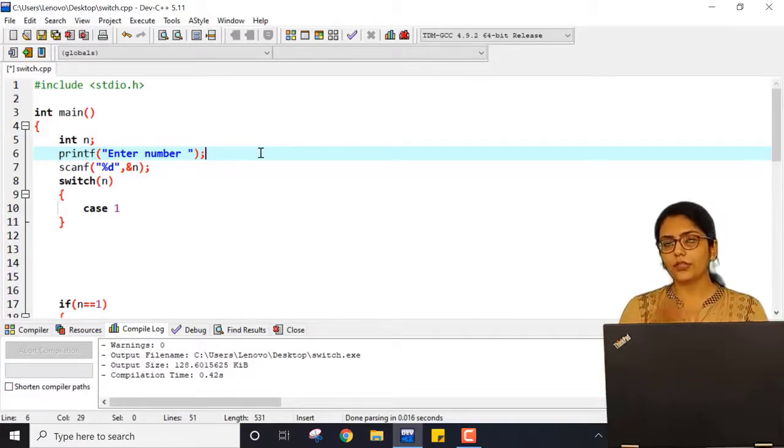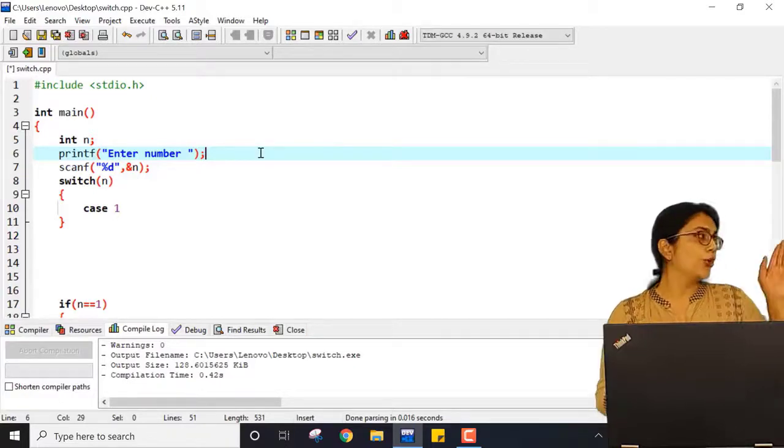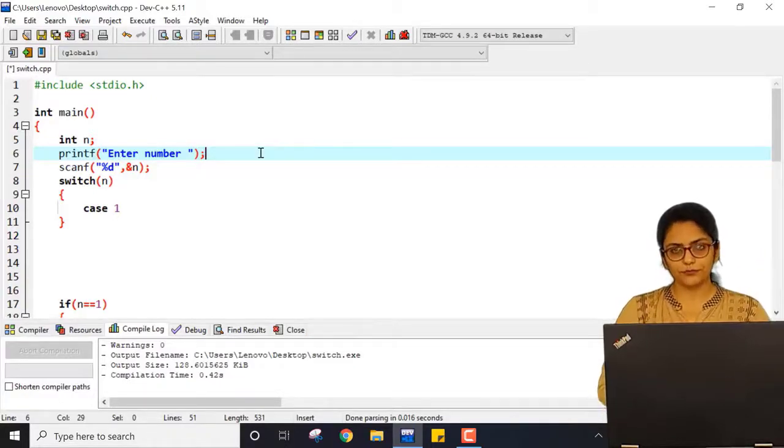Then what if the user has entered a choice other than this? If the user has entered a choice other than this, then I can use the default case. So how I can use the syntax, I am just going to show you. You can just keep your eyes on the board. I hope you will be comfortable with this because I am coding in front of my laptop and you are going to see that on my screen. Okay, so I am going to write that.